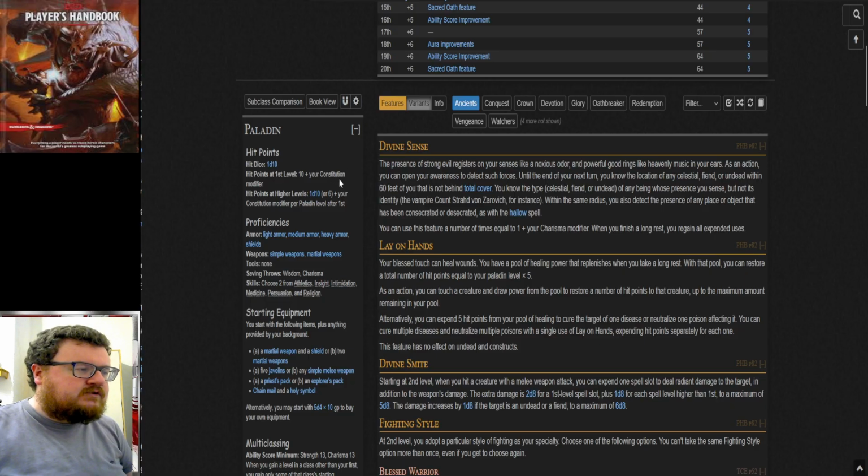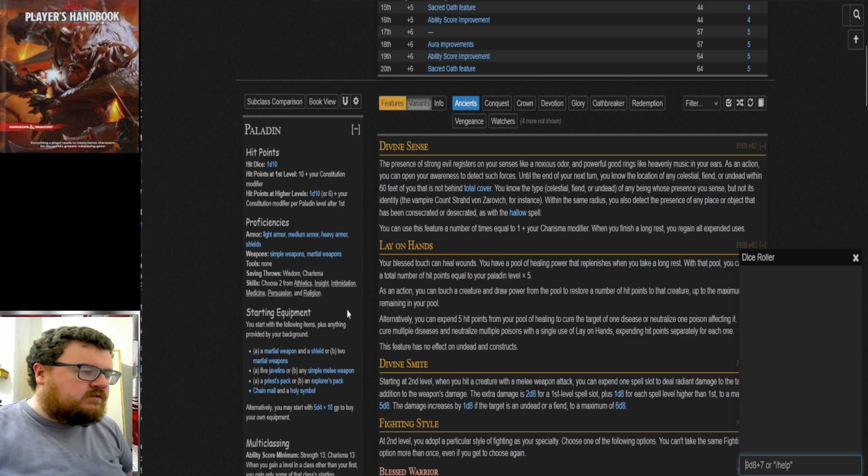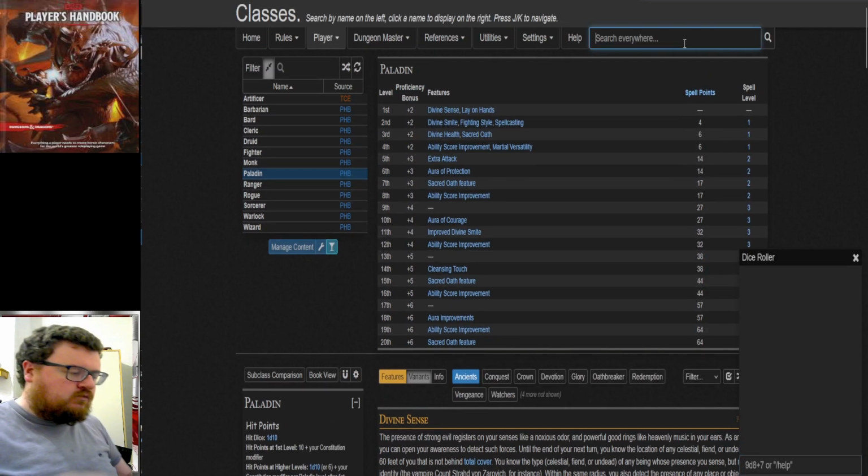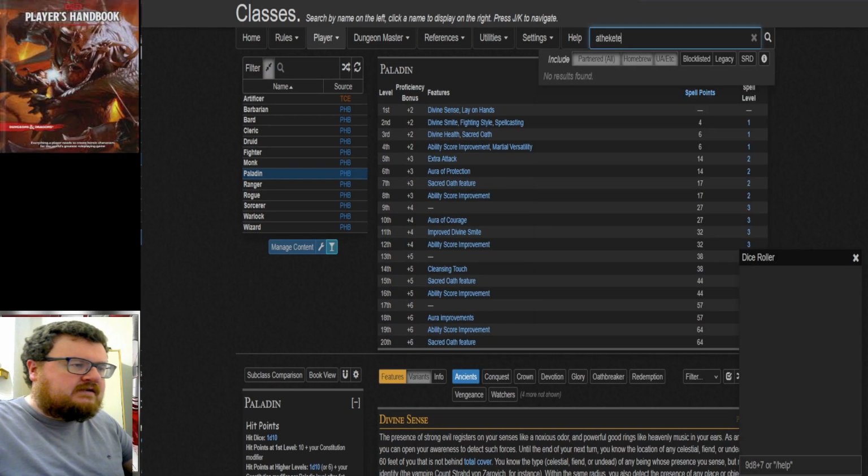As a Paladin, we get a D10 hit die. So our first level is 10 plus our Constitution modifier. Because we've got a Constitution modifier of +1, I think, we're starting off with 11 health. And then proficiency with light, medium, and heavy armor, and shields, simple weapons, martial weapons, saving throws in Wisdom and Charisma, and then we get to choose 2 skills, which we're going to do now. The skills we can learn are Athletics, Insight, Intimidation, Medicine, Persuasion, and Religion. Now, excuse me for a second, I need to check something very quickly because the athlete background does give